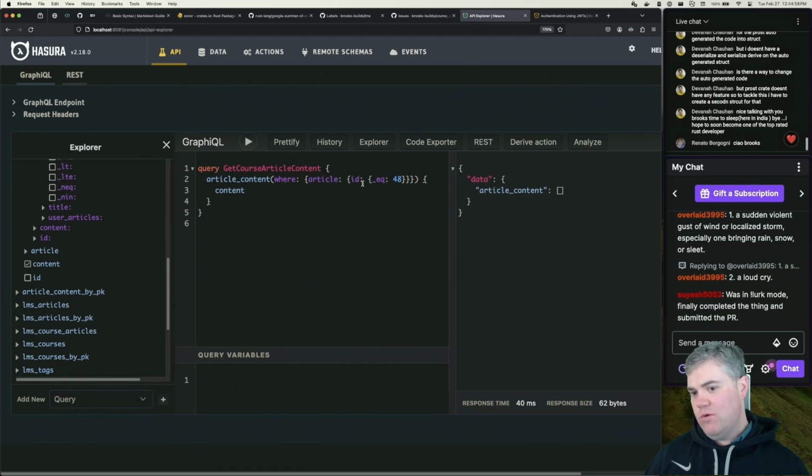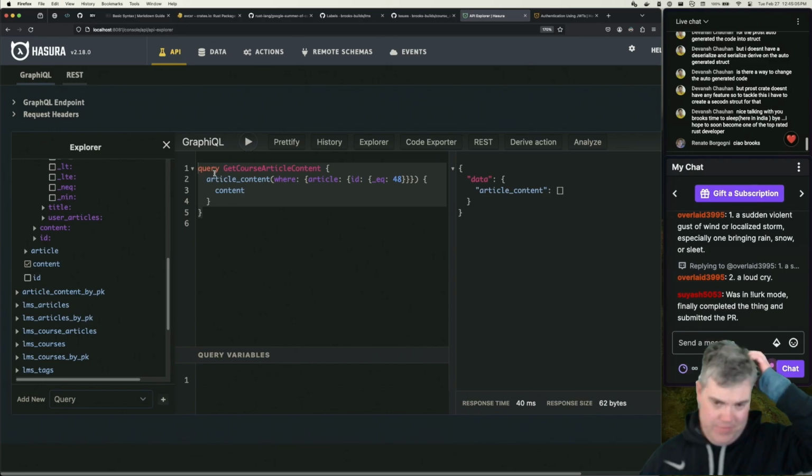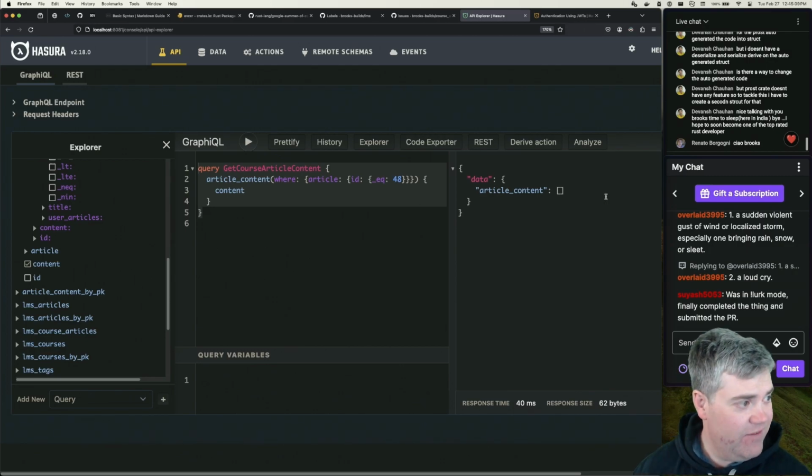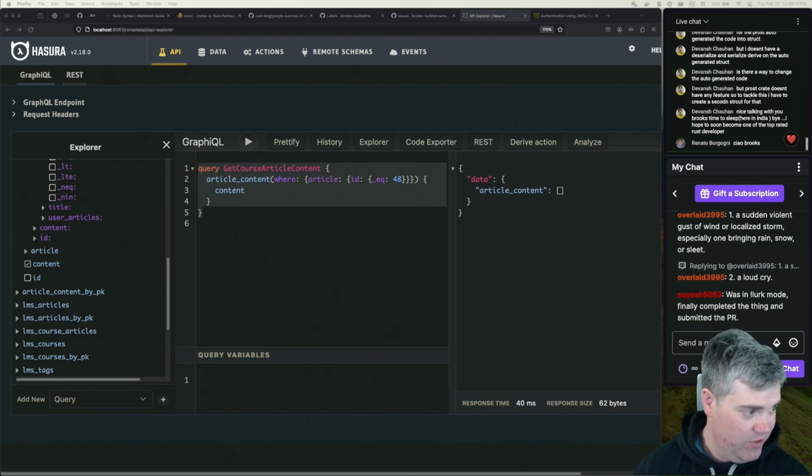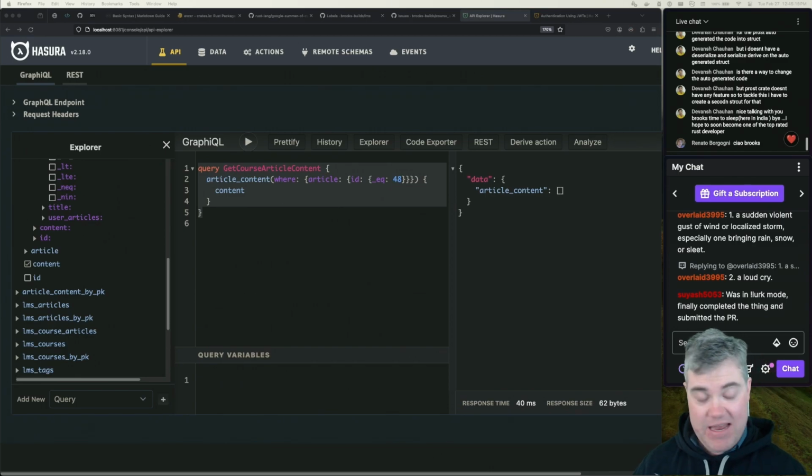Interesting. So you're not allowed to get this. Okay. That's all right. Do I have a difference? Maybe the problem is that I have a difference between the local one that I have and the deployed version, and I have to update the metadata in production. Maybe that's it. So if I take all of you,